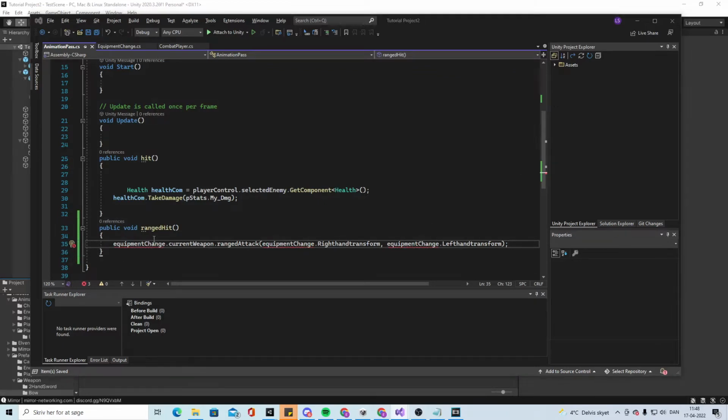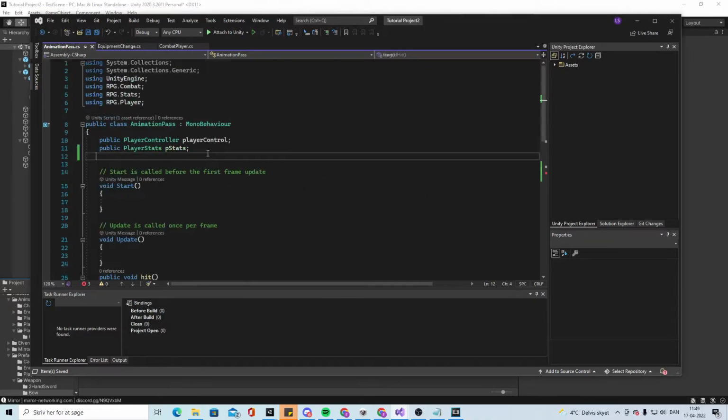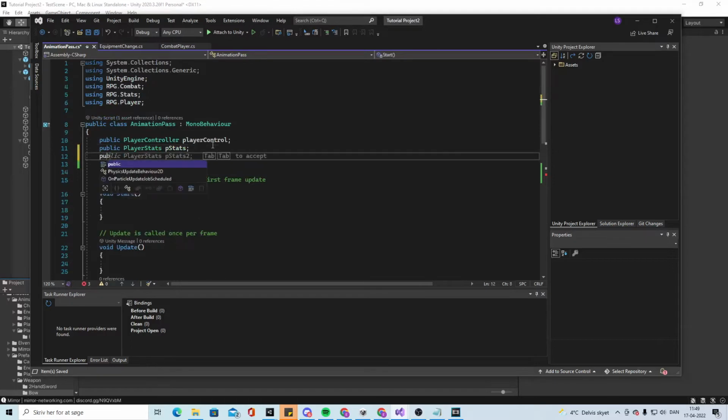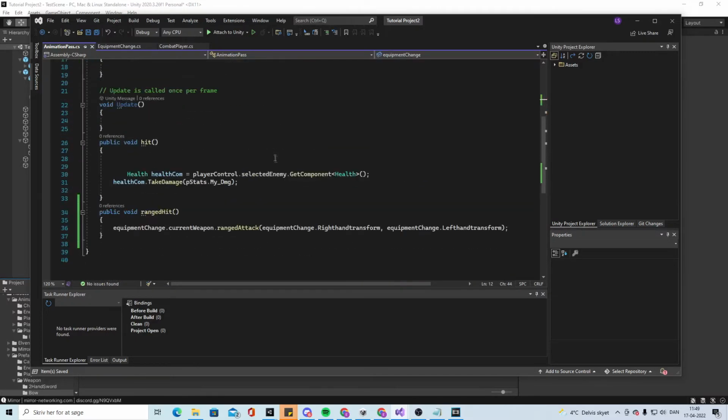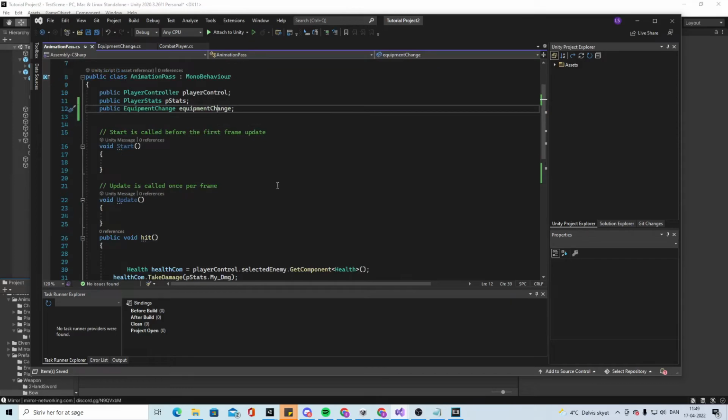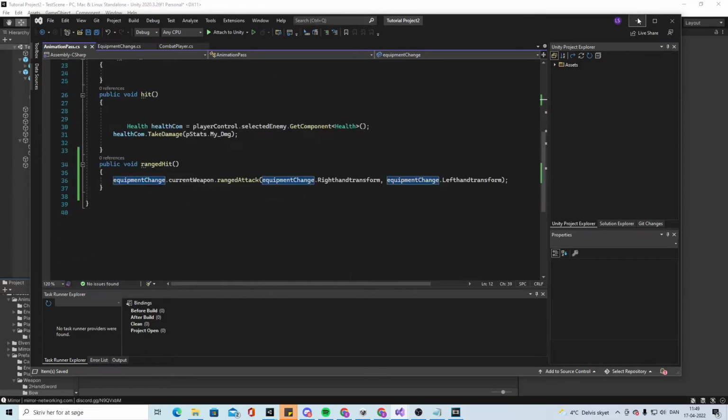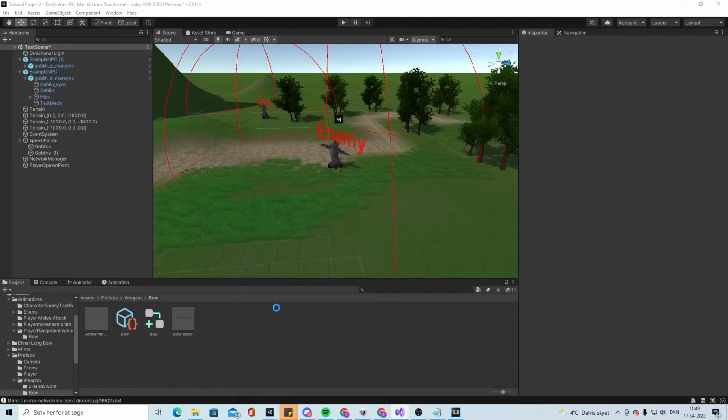And you see you get these red lines, so we have to make a new public equipment, and call it the same, like that. So this name fits with this name. And then we can click compile,